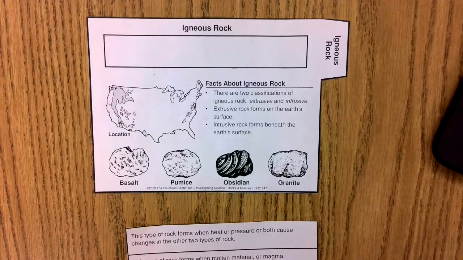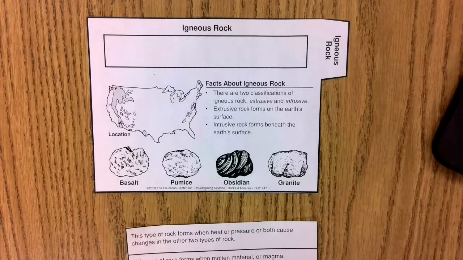But then it's kind of funny because as soon as the melted rock comes out of the earth, comes to the earth's surface, it's not called magma anymore. Then its name is changed to lava. So magma is melted rock inside the earth, and lava is melted rock that's outside the earth, that's come to